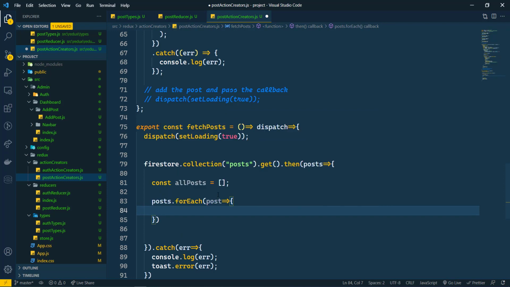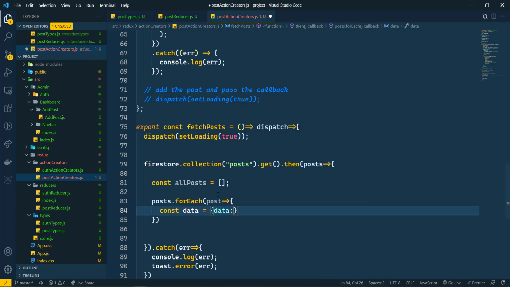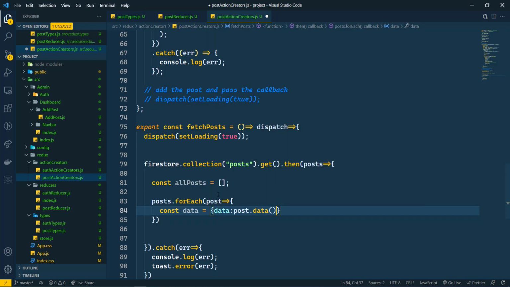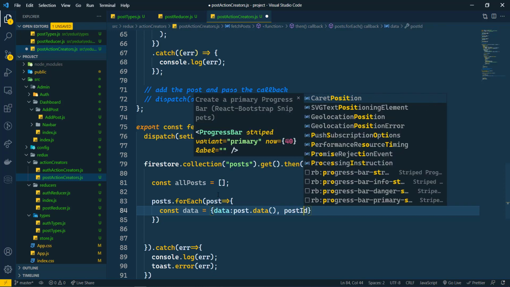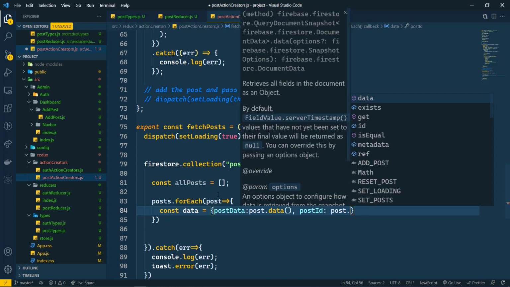And then here what we are going to do, first of all we will create the object here that will be data, and data will be the data of the post, and that will be post dot data, and it is a method here. So then we need id here, so I'm going to write post id, and post id will be post dot id here.